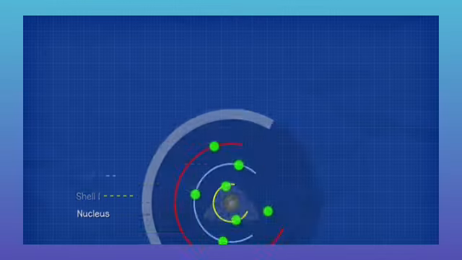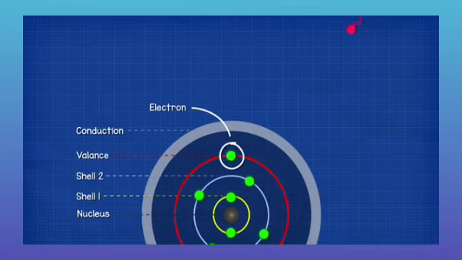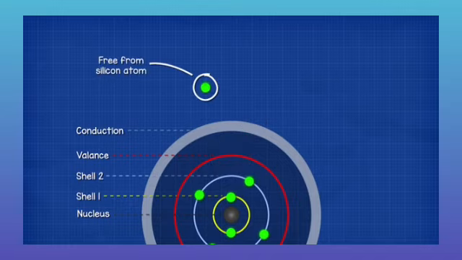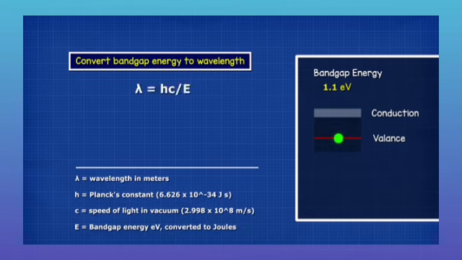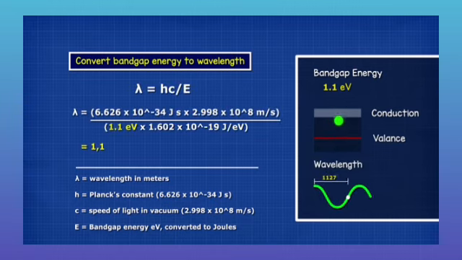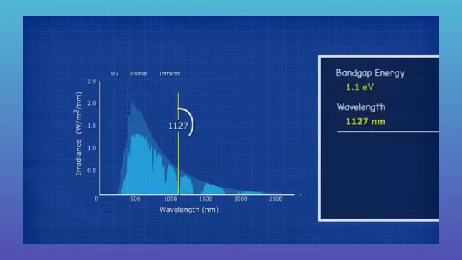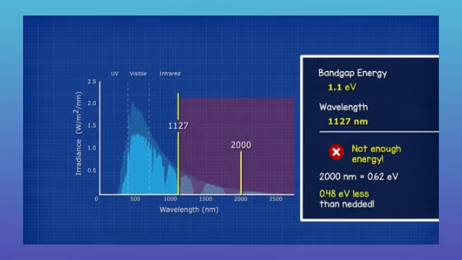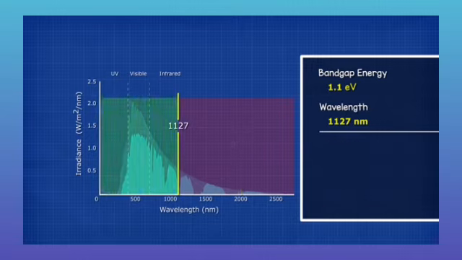We use silicon because the electron in the outer valence band only needs to receive around 1.1 electron volts to make the jump to the conduction band and then become free from the atom. That is equal to a photon with a wavelength of around 1127 nanometers, which is here on the spectrum. Any wavelength beyond this therefore can't be used to generate electricity with this material, but all the wavelengths below this